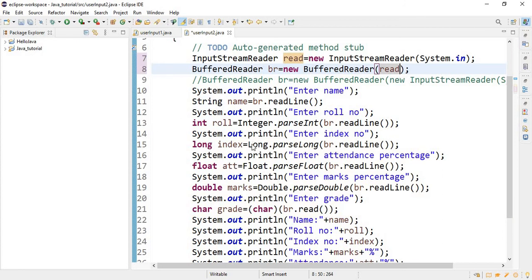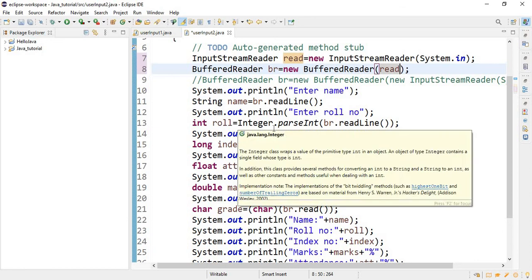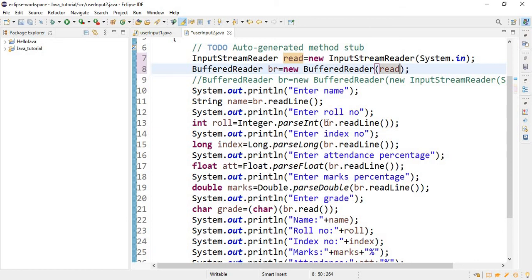This wrapper class provides various functions. One of them is used for converting the string value to integer. When we write br.readLine, it will return a string type value. Now we need an integer value, so we shall use Integer.parseInt to convert this string value to integer.